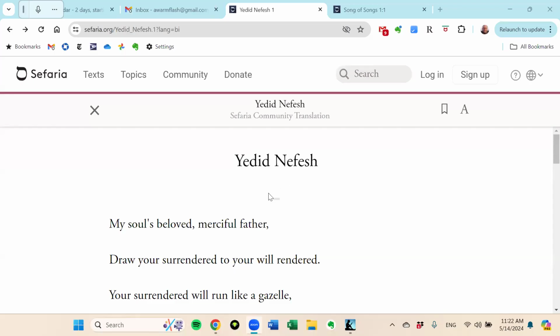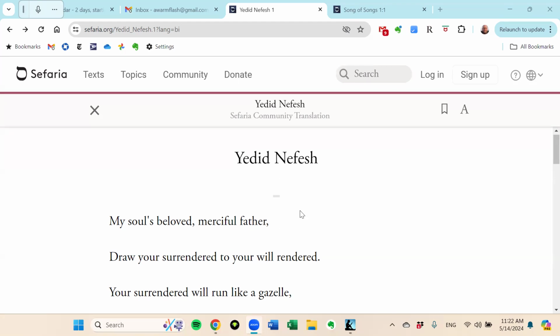I want to share with you a different poem, one that is often chanted on Friday nights as part of the liturgy. It was written much later, in Spain, by a 16th century Kabbalist whose name is Eliezer ben Moshe Azikri. But I want you to look at the language and bear it in mind when we think about the Song of Songs. So I'm going to share my screen. Okay, so the poem is called Yedid Nefesh,